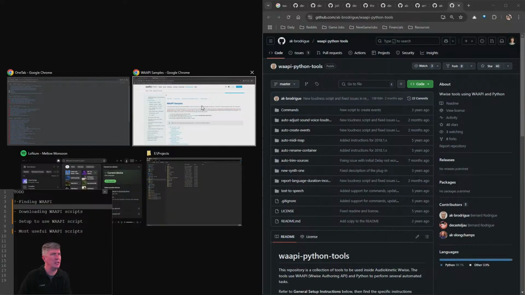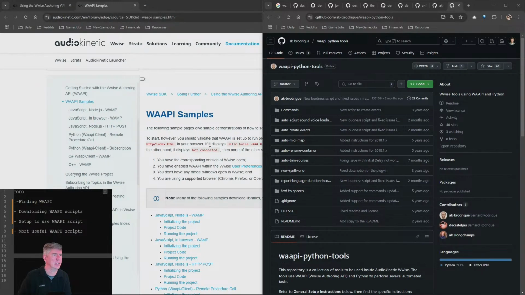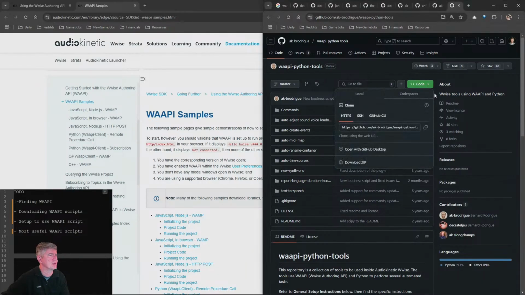So the next question here is, how do I download them? How do I get access to them? If you're already familiar with GitHub, then you might be familiar with downloading either from the releases, or there's these big green buttons over here that you can download the zip file. If you're familiar with Git, then you can just use Git clone to actually get access to this,